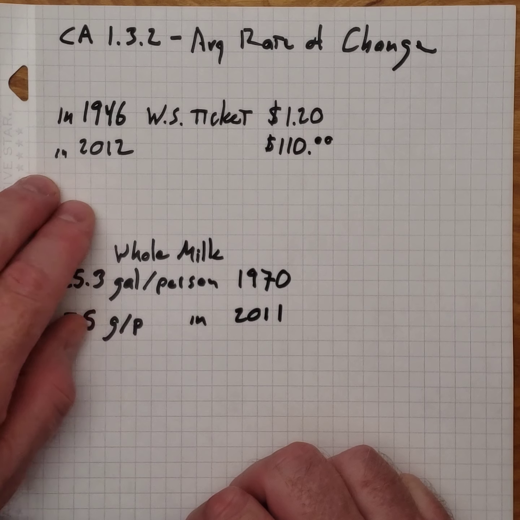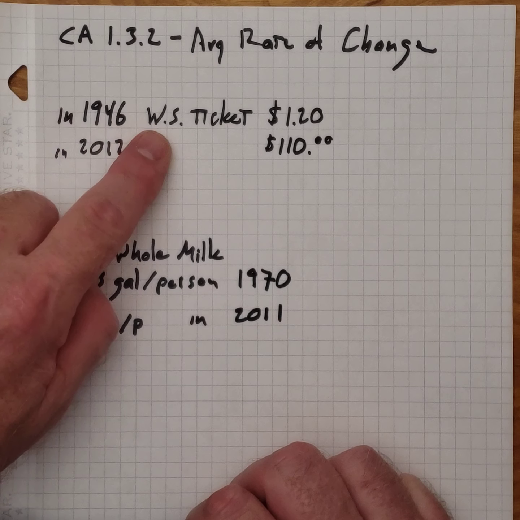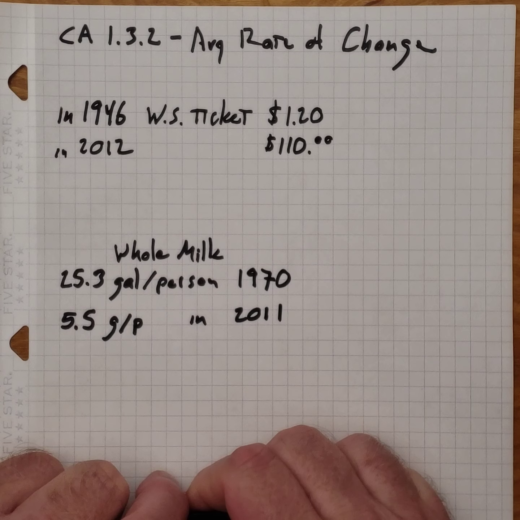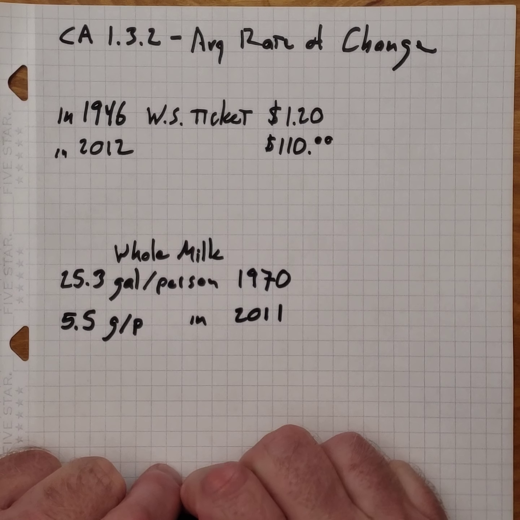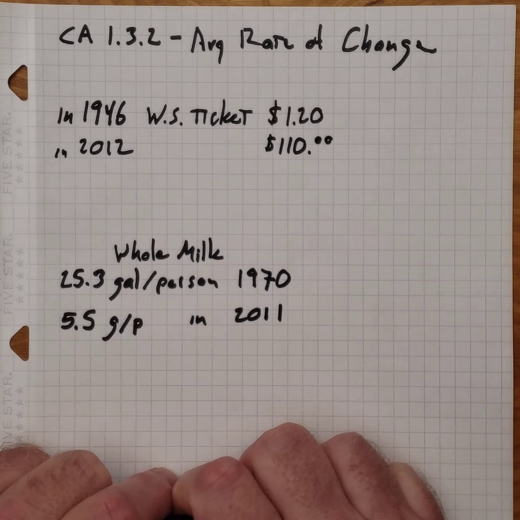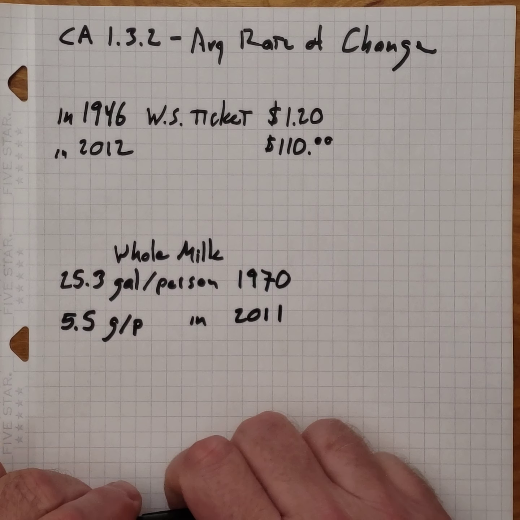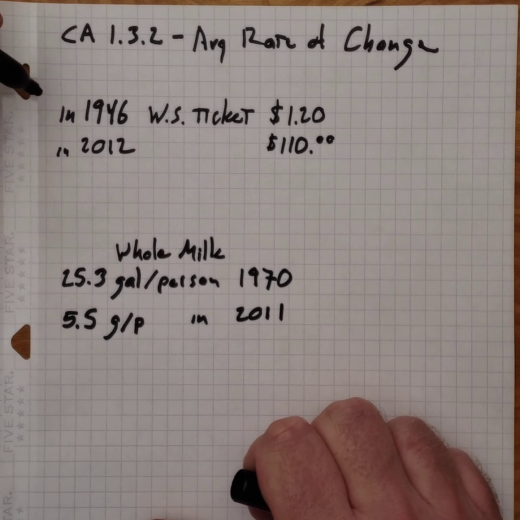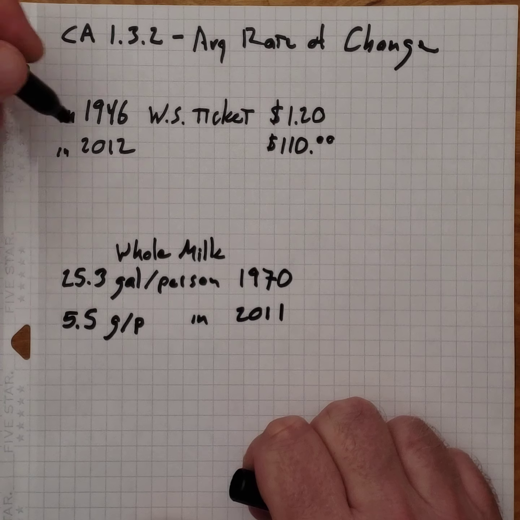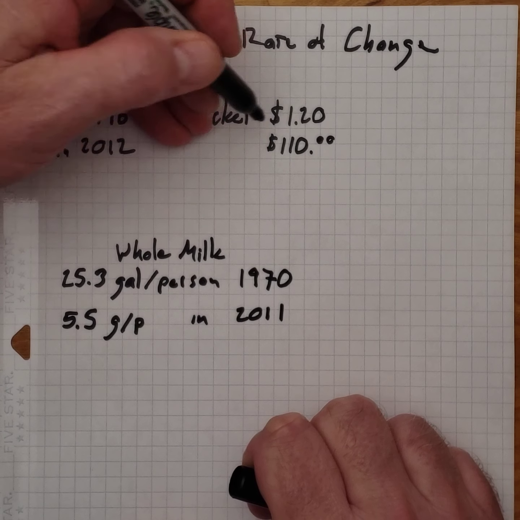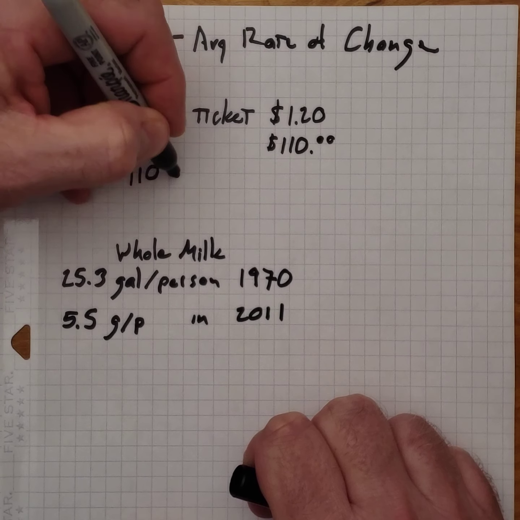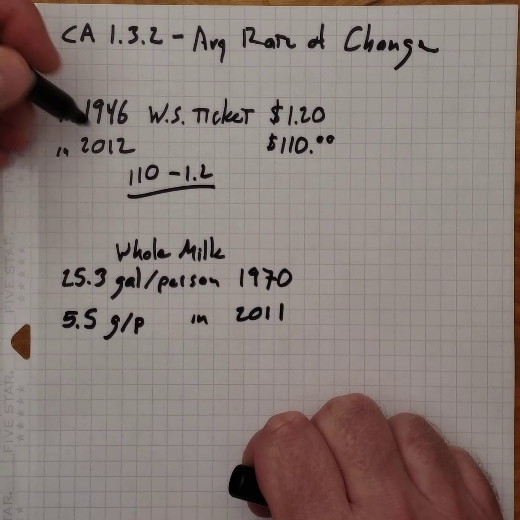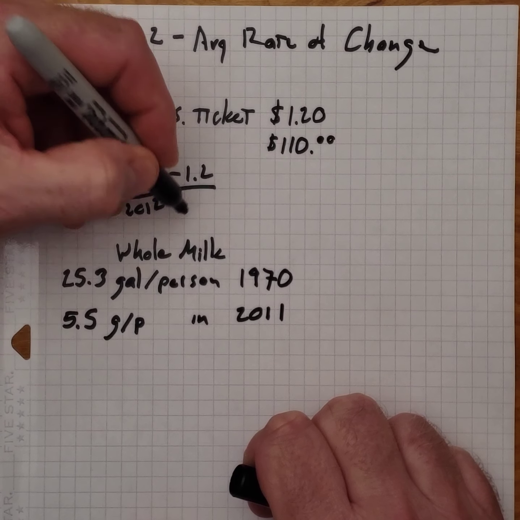situation. So our first situation here, in 1946, the cheapest World Series ticket was $1.20. In 2012, the cheapest ticket to the World Series was $110. What's the average rate of change of the price of the ticket over that particular time period? This is really, really easy to do. You take where the thing ended up minus where the thing started. So we take 110 minus 1.2, and we divide that by how many years it's been, which is 2012 minus